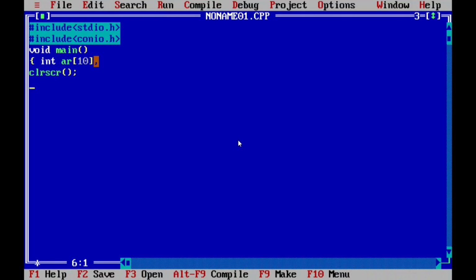After clrscr, we are going to use printf. This is also another function. Here we are going to print on the screen to ask the user what will be the size of the array. So after this, we have to put another function named scanf because the user is going to be entering some value,